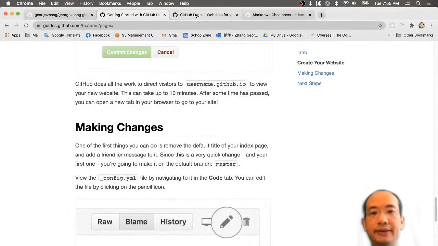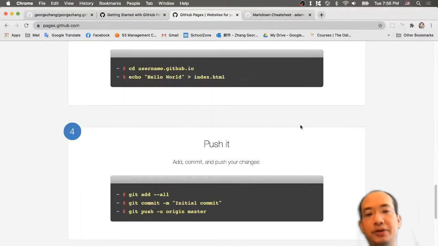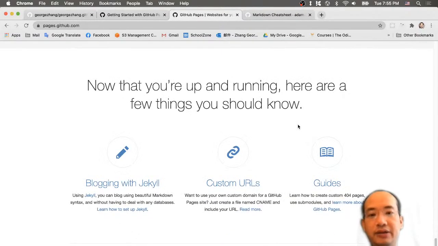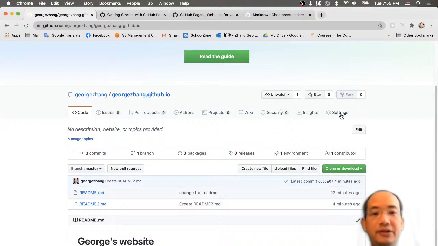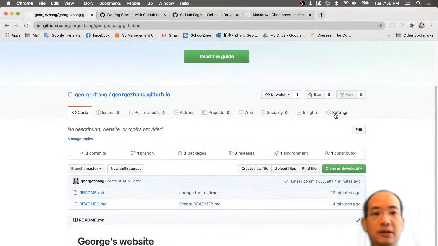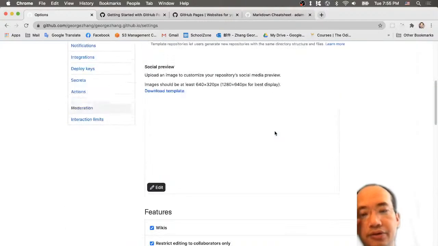Okay, so let me come over here and see if I can have the index.html and show you if we can do the web page or not. All right, so what they said is just go over to the settings, this button, and you click on here. Now you scroll all the way down,